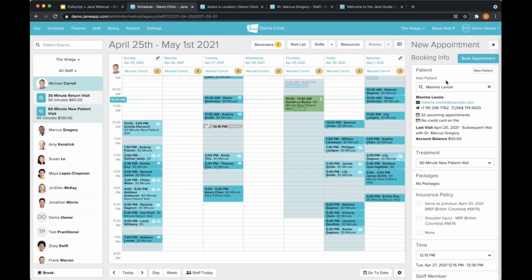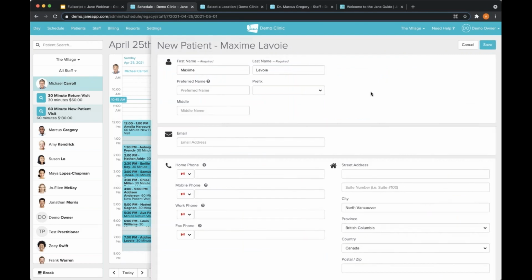Another really cool thing from this section is that if the patient doesn't have a profile already, we can click New Patient right here and create our patient profile directly from this screen. So you don't have to go around and click into the Patients tab and suffer all of that finger fatigue, I like to call it, of clicking around everything. Everything in Jane is designed to flow well.